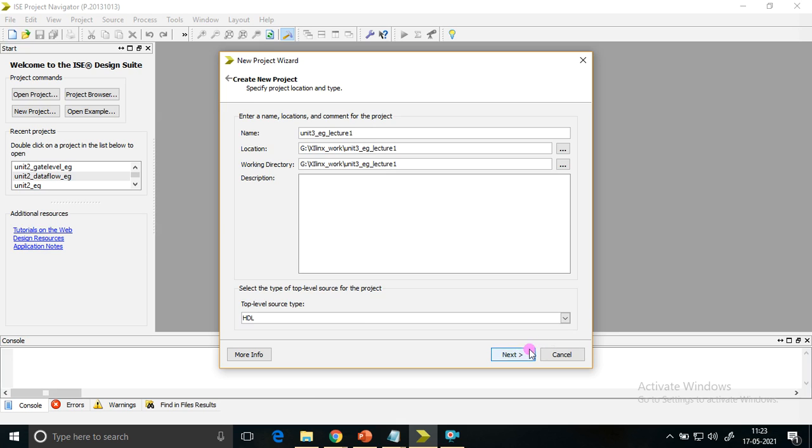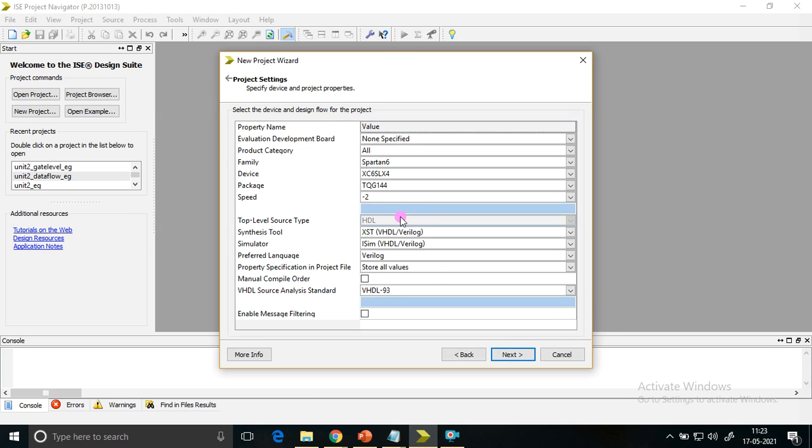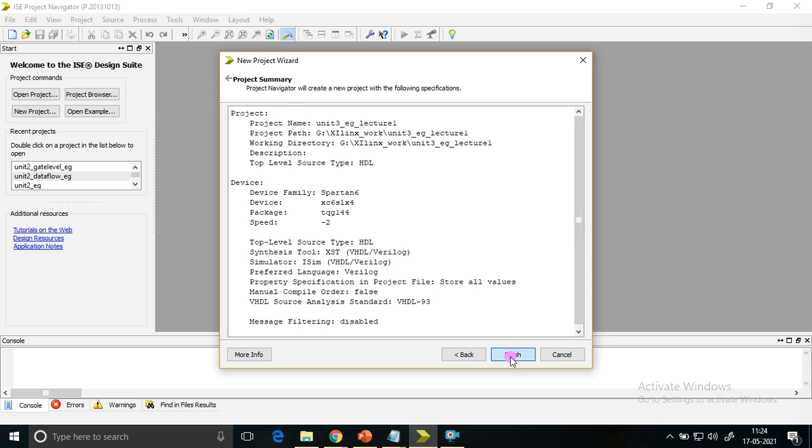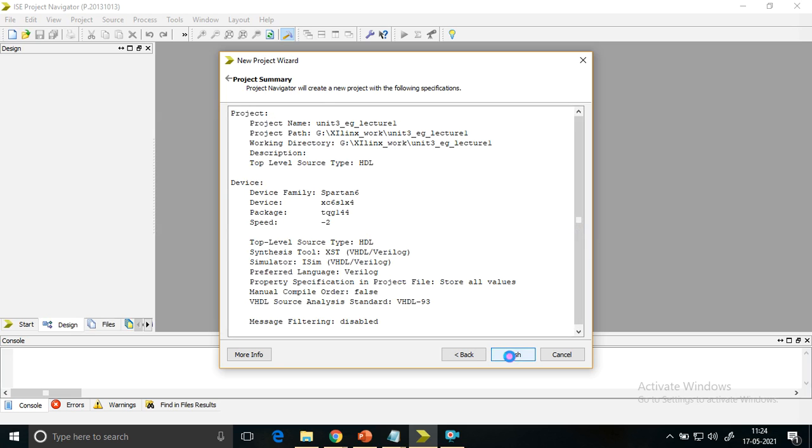So behavioral style of modeling lecture 1 it is. All the specifications we already know: Spartan 6, LX4, TQG 144, these are product and FPGA specifications. These are software specifications: XST synthesis tool, iSIM simulator, Verilog is the preferred language, VHDL 93 is the standard that we are using. So here you can see the summary and finish it.